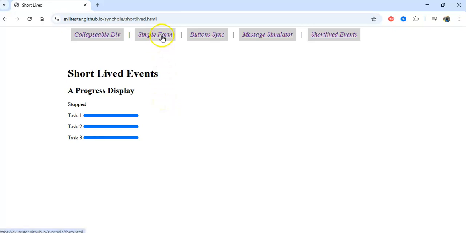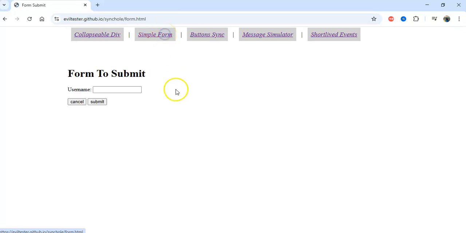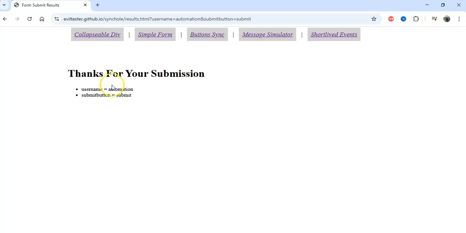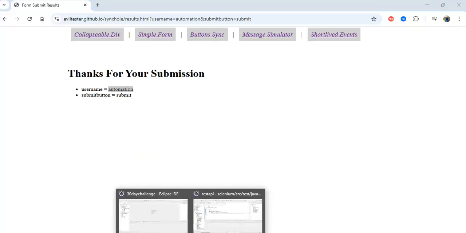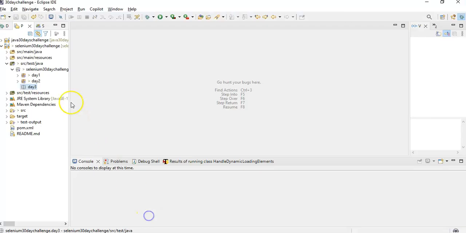I will explain one thing, and you can practice the remaining ones. I will take this form and enter some name, something like automation. Then click on it and validate whether automation is coming or not. How to do it? Okay, let me create day 3